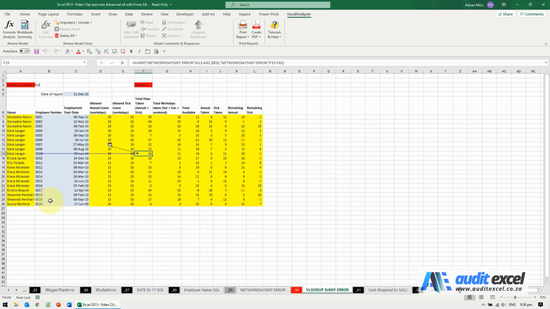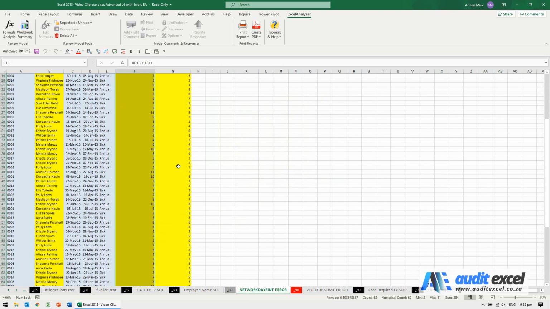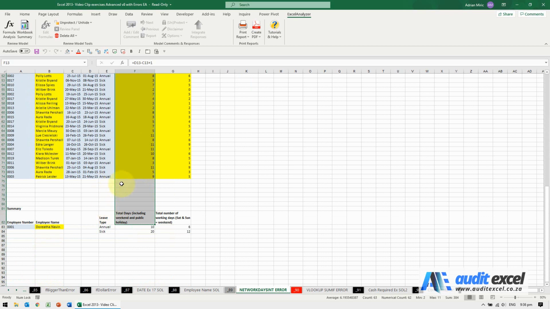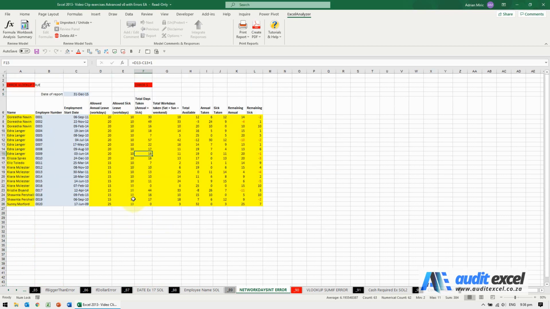Again, F5 enter. Let's go look at what the sum range was doing. So the same thing. You can see, and that looks like an error. It seems to have missed some data. And it's including some nonsense data down here. So I'm just going to go F5 enter. So these are high risk and need to be investigated.